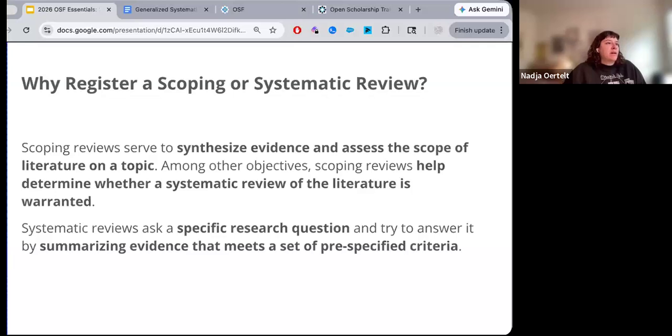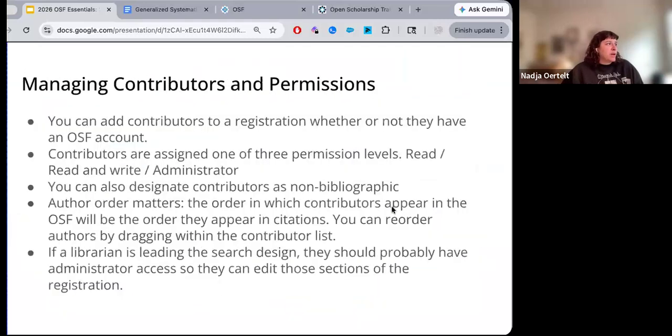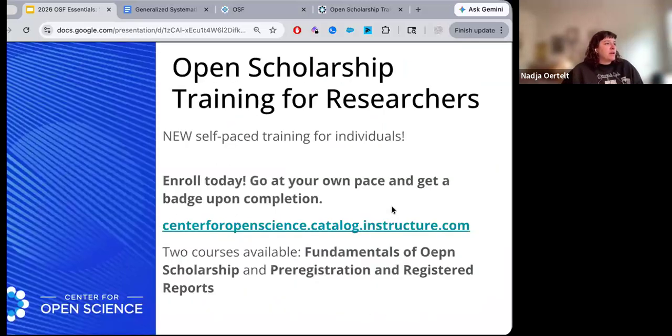And I'll emphasize that we have a lot of guidance and information around registrations generally and around pre-registrations, both in the self-paced training course that I mentioned, which is hosted on LMS, so you can go through it at your own pace. That's the one we gave you a discount code for. But we also have free open help guides with a lot of material in those help guides to help you make some of these assessments, and some of them are discipline specific, so I can't necessarily answer them here.